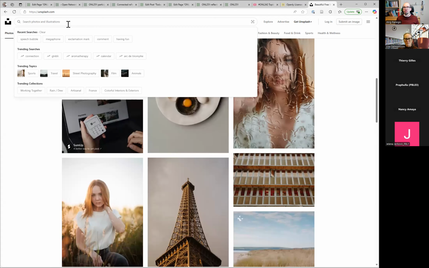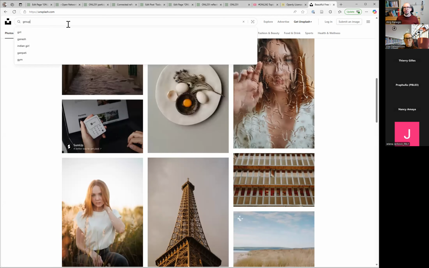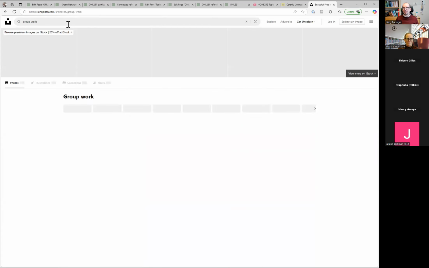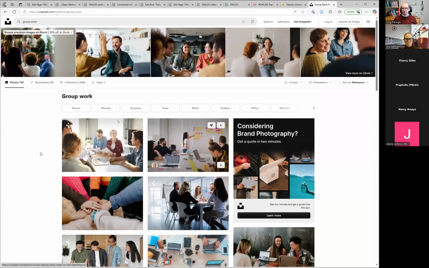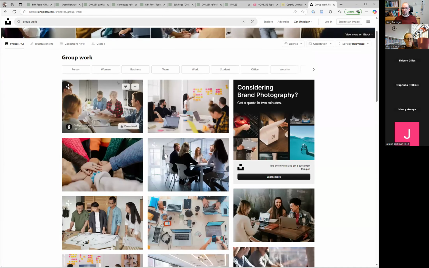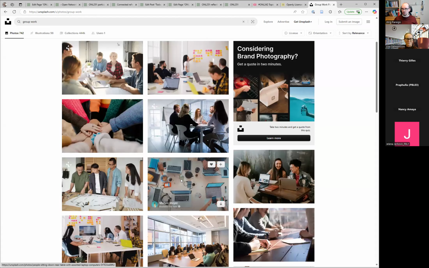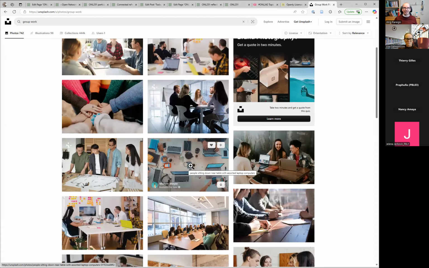If you search here for group work, where we sometimes want to fill some slides with pictures, you find great examples, and this one is often used on the internet. These are legally okay to use and reuse.